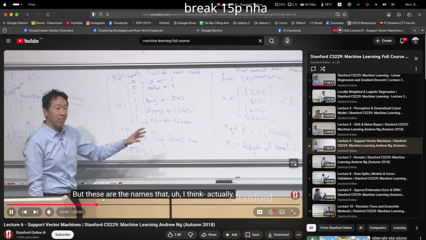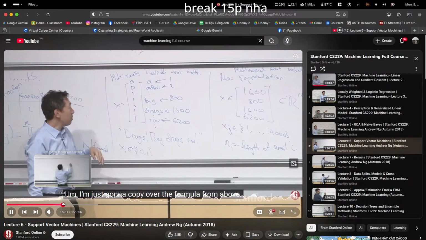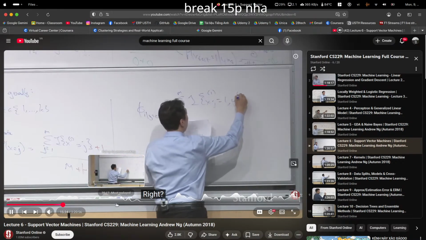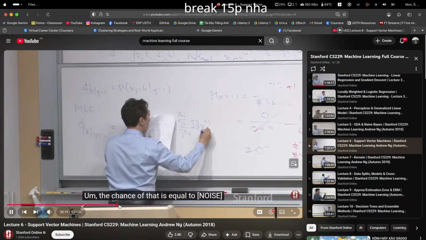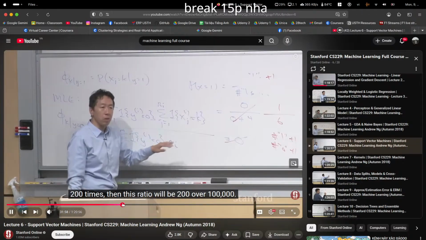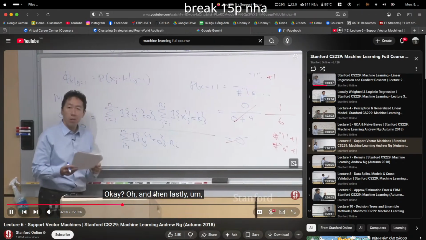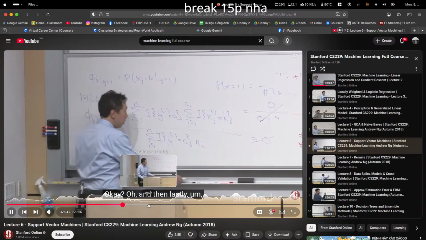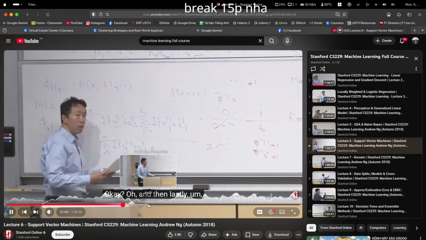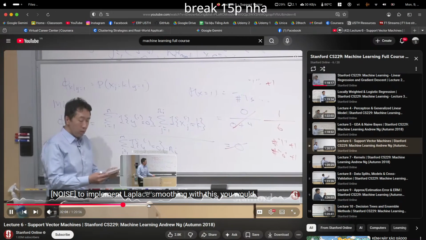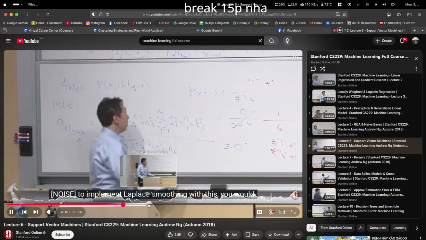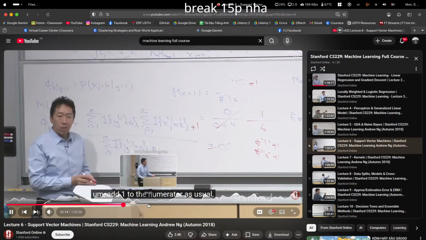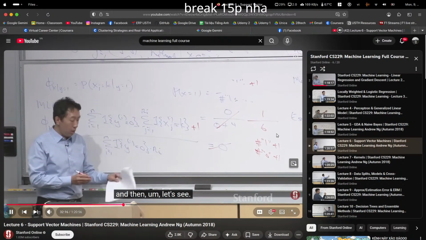These are the names that I think actually one of my over the formula from above. Over 100,000. Okay. Oh, and then lastly, to implement Laplace smoothing with this, you would add 1 to the numerator as usual, and then